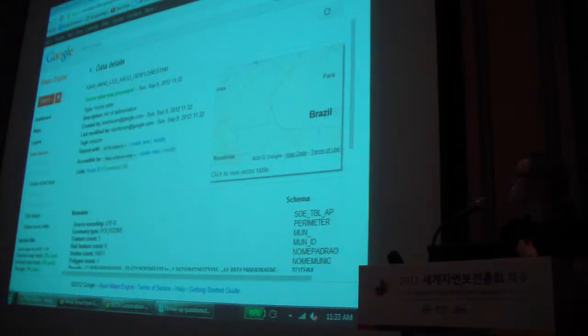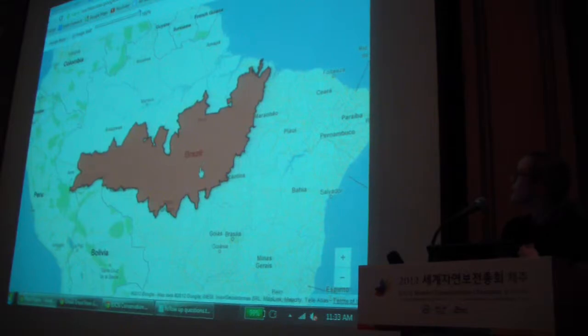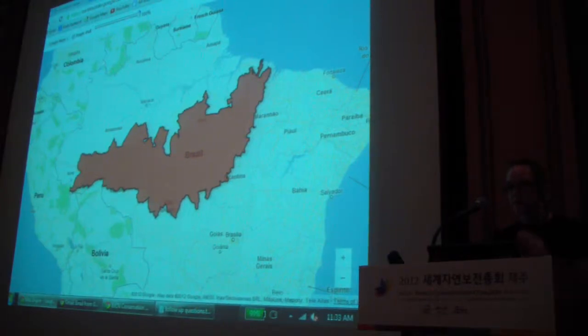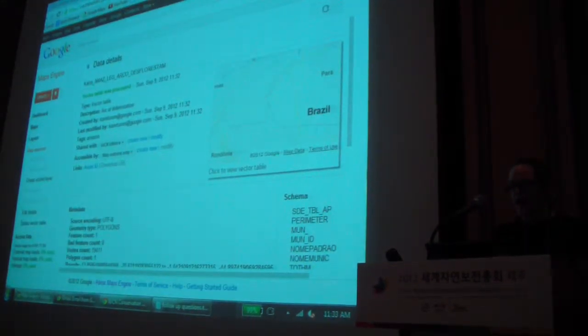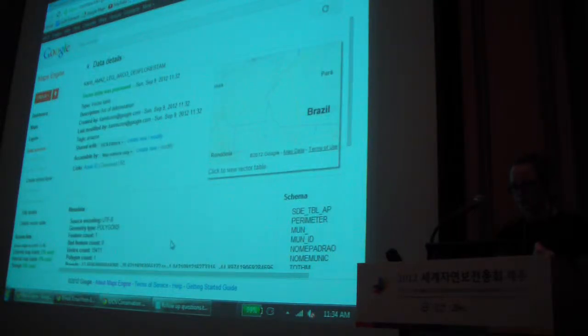So now my table is processed, and I can view the preview by clicking there. And there we have it. It's just the generic style. Red, we're going to change that in a second. But that's the red arc of deforestation. I'm going to click exit up there in the corner to exit out of my preview. It's just a preview. And I'm going to scroll down, and you can see here that I can add or place a file if I ever want to update the data set, or I can download it later. So anything you upload to Google Maps Engine, you can download. So it's not a place that you can always get it back if you lose it on your